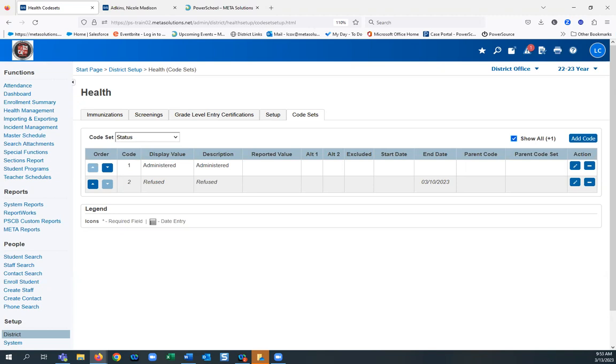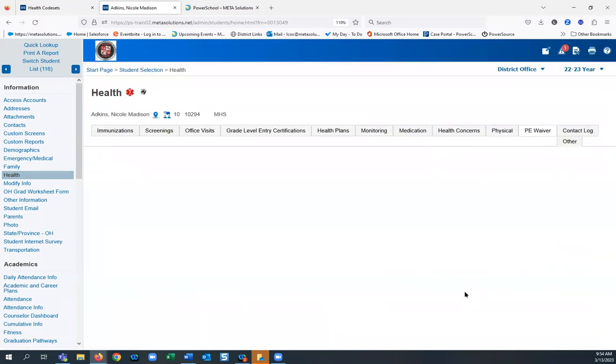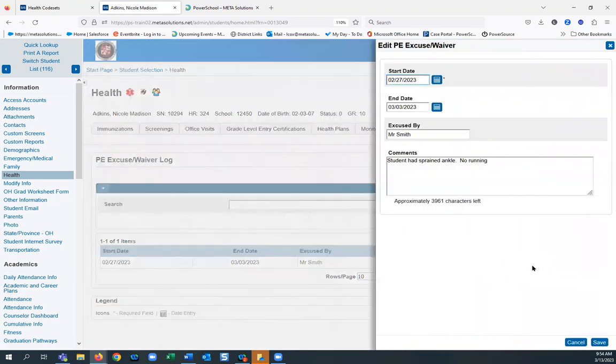All righty. If there are no more questions about code sets, we are going to take you to where you can mark the PE waiver. First, let's talk about what it is again. We talked a little bit about this last time. On the student health screen, you can see here where you can mark the PE waiver for the student. If you click edit there,